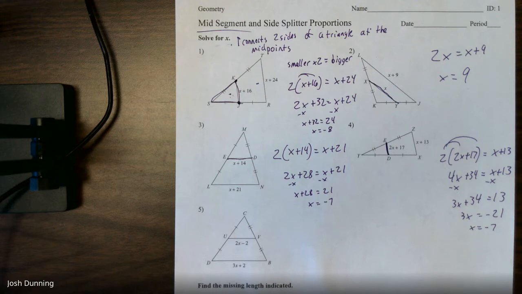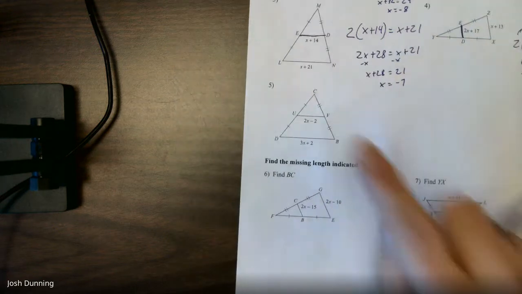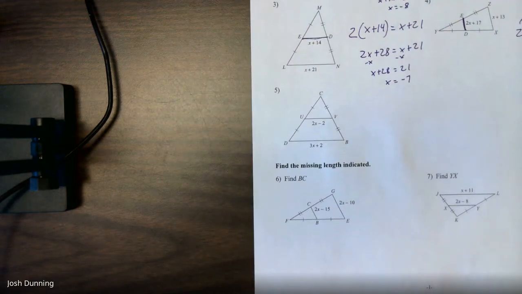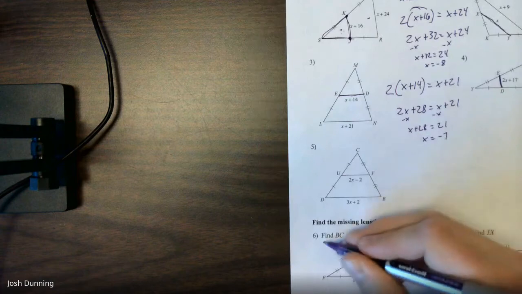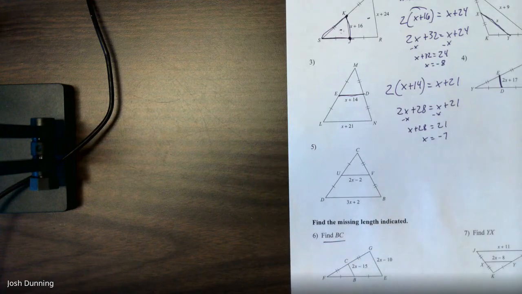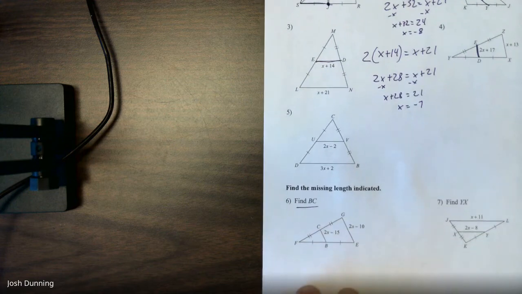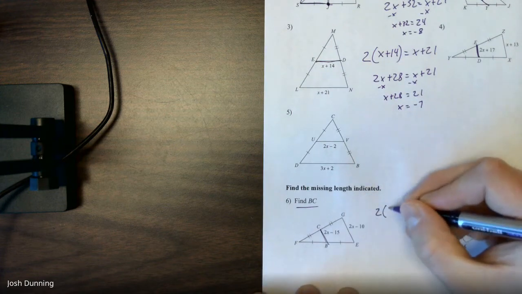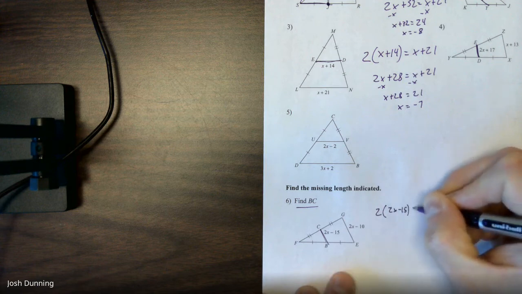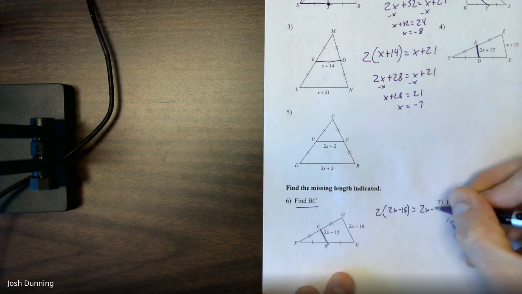All right. Now I got a couple videos to make here, so I'm just going to skip 5 for time's sake. And 6 and 7 are basically the same thing. It's just instead of saying solving for x, we got to find one of the missing sides. But we got to do this the same way. We got to double the smaller one to catch it up to the bigger one,